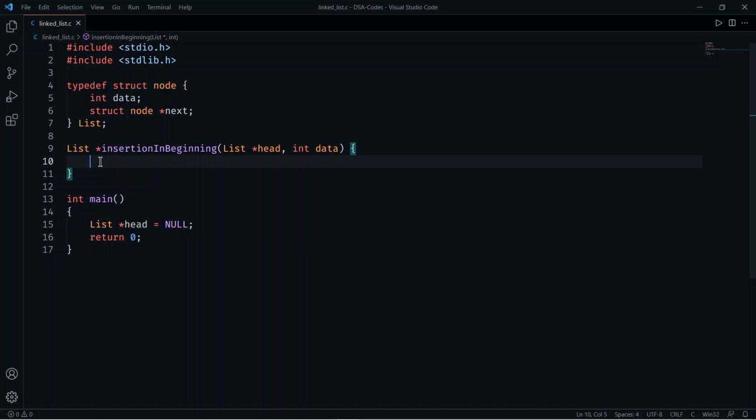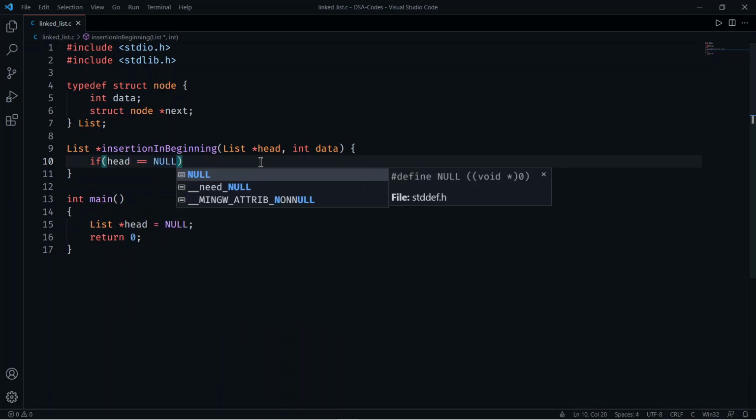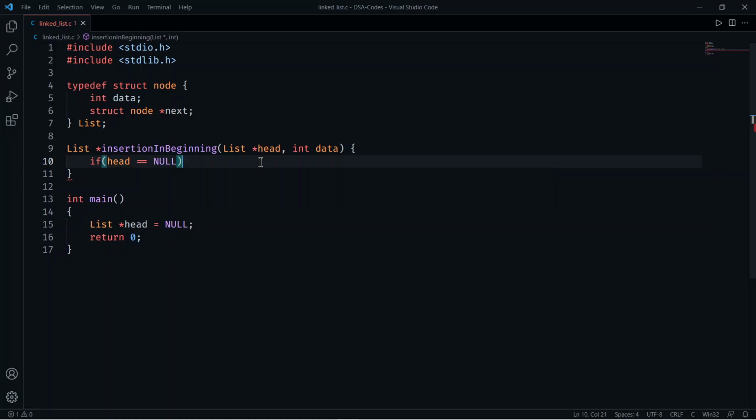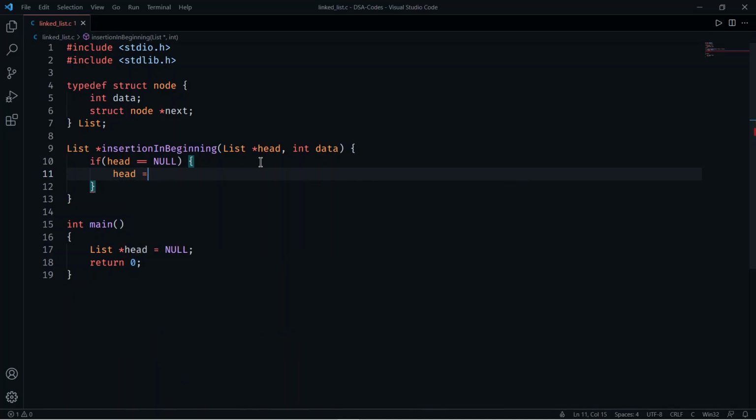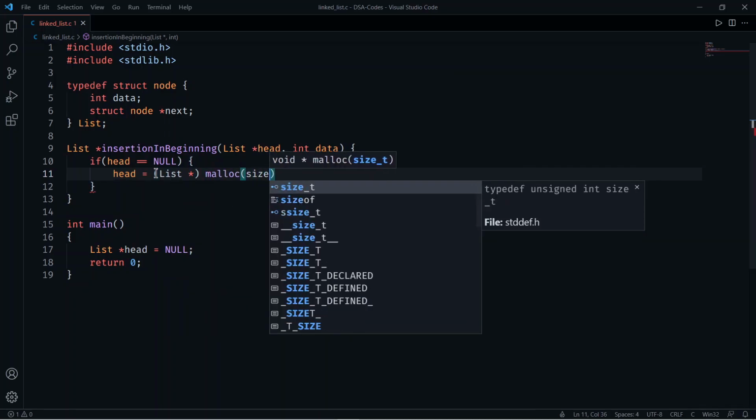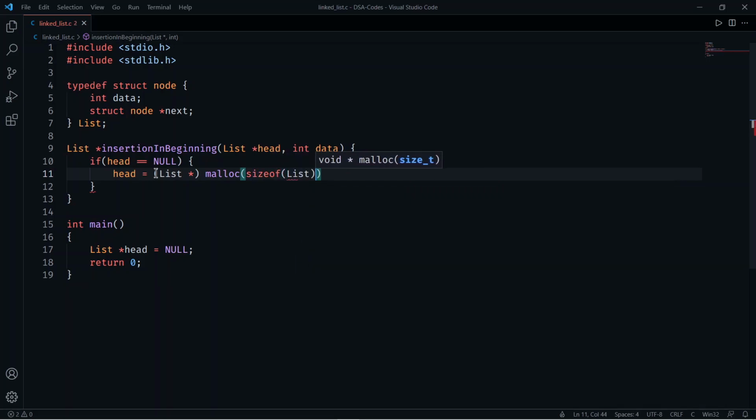So in this function, first of all we have to check if this head pointer is null, then we can simply make a node here and return this head pointer, like if head is null, then what we can do is we can simply allocate space to this head pointer, that is head equals to list star malloc size of list.